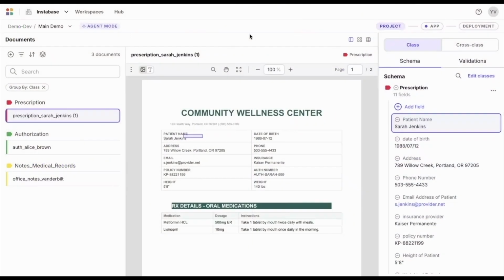Hello, everyone. Let's look at case management features available on Instabase. Instabase provides us the ability to extract and validate information at the document level. If you see on the left-hand side, I've created some dummy documents and 3 respective classes, namely prescription, authorization, and